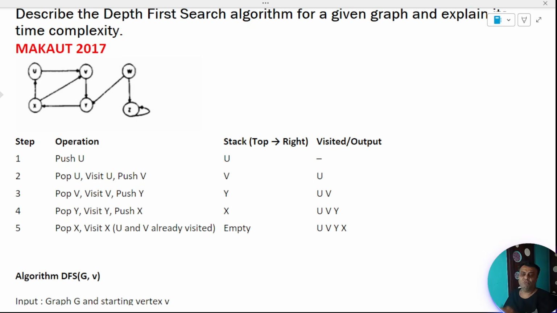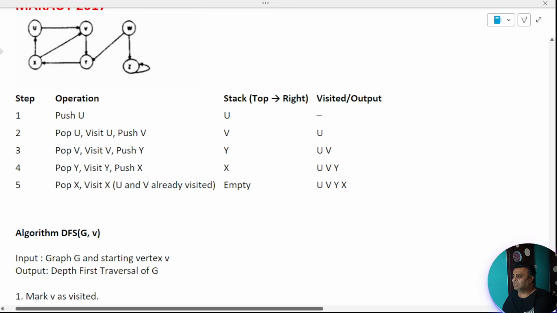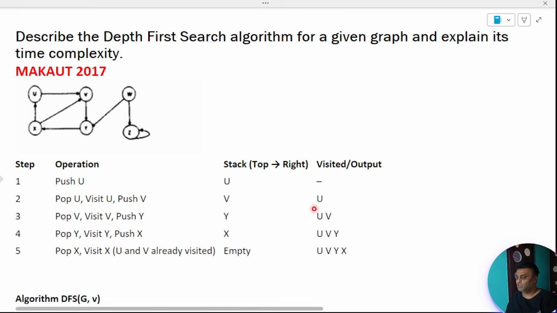So that is something that you may need to write, that in the input graph, once it does all of this, w and z will be unvisited because there is no connection in this particular way that you started. If you start from here, of course, there can be a different solution. Depth first search will always have a different solution depending on where you start from. So we are starting naturally from u, because the methodology or the blind rule is to take it in alphabetical order or in the sequence of numbers to start it, and that's where your depth first search for this particular answer will be u v y x.